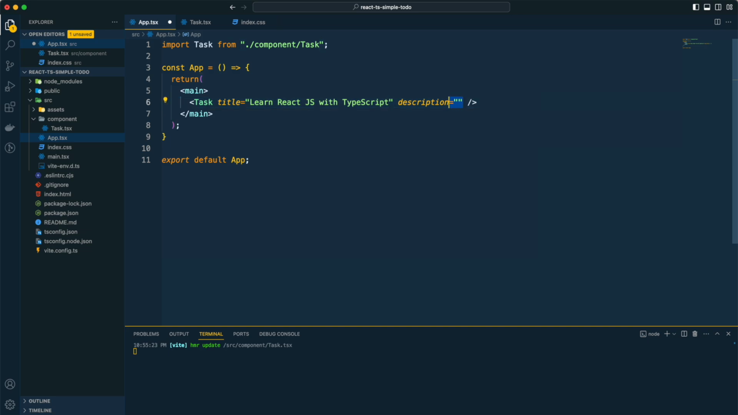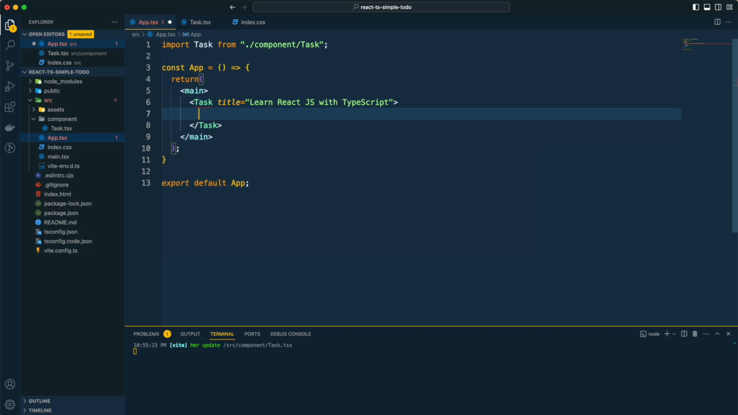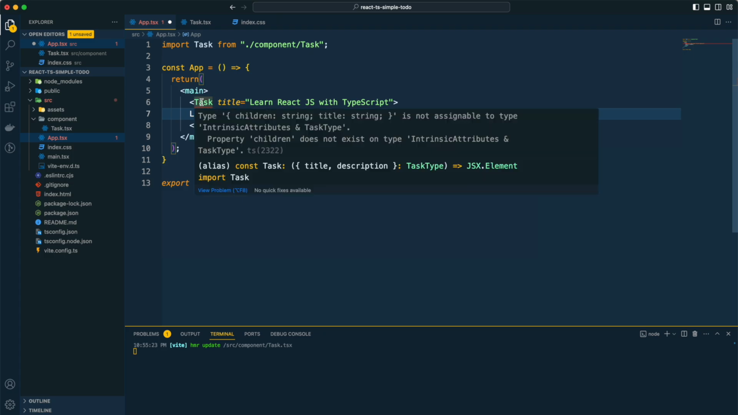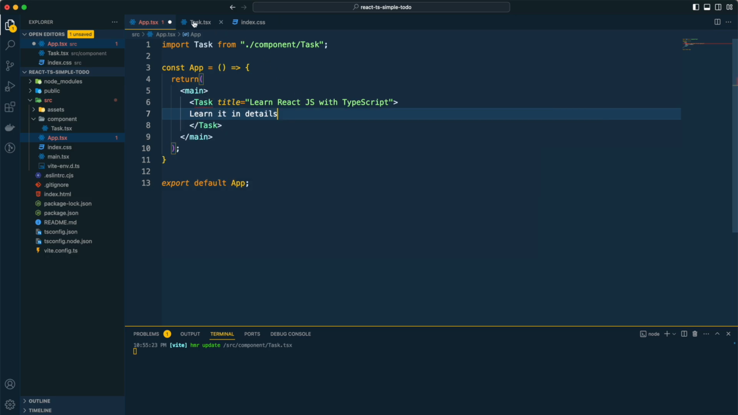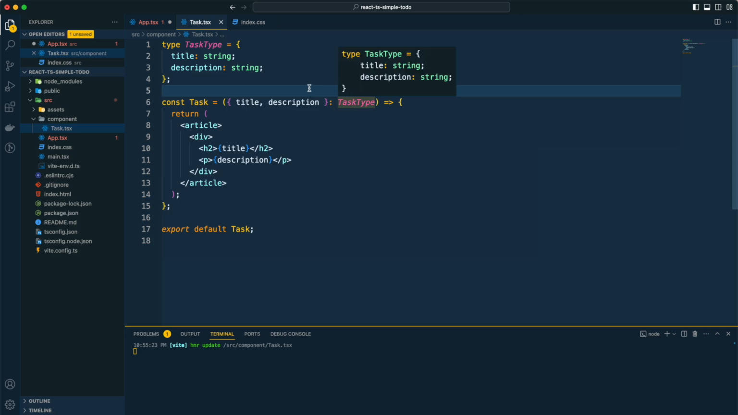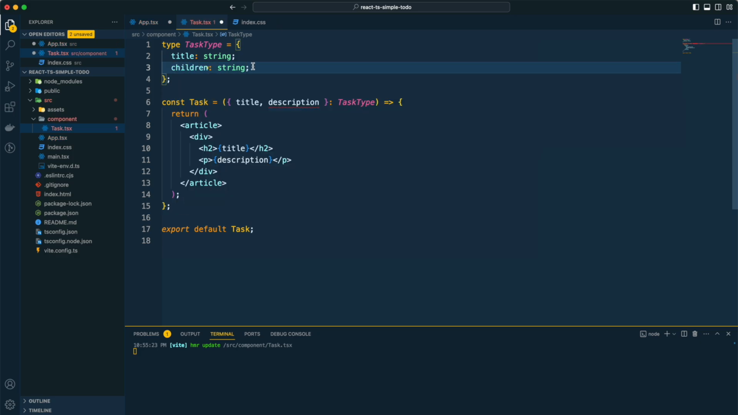So we don't need this description, and let me close this task here and let's provide the description as the children prop. So as I have changed it, we are seeing the error, and here the error is that children does not exist on this type, so the type children hasn't been created. And we can change that by changing this description to children, and the type could be string, but that is